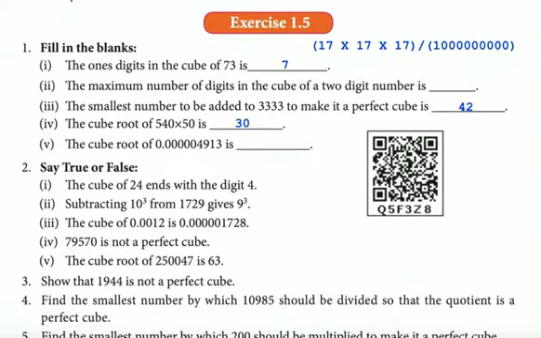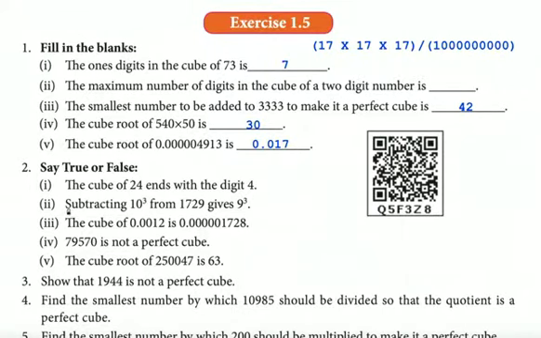17 by 1000 is how much? After this you have to find the cube root of this, right? Cube root of a by b is nothing but cube root a by cube root b. That formula we are applying. 17 by 1000 is the answer. Then how to write 17 by 1000? 0.017. So this must be the answer. Okay, now I can remove this.